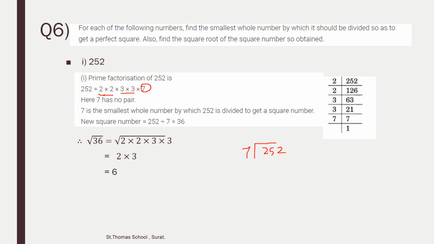Clear? Now what you have to do? You have to find the square root of the square number so obtained. Here we got 36 as the new square number. Then you have to find the square root of 36. So the square root of 36 is equal to 2 multiplied by 2, 3 multiplied by 3, because 7 we already divided out. Again you have to pair and check. Here 2 times, so 1 time you have to write outside. Again 3, 2 times, 1 time you have to write outside the square root. So that is 2 multiplied by 3, 2 3s are 6. So what is the square root of 36? 6. It's clear?